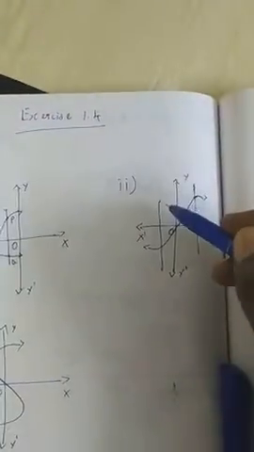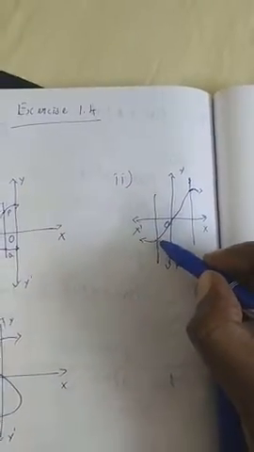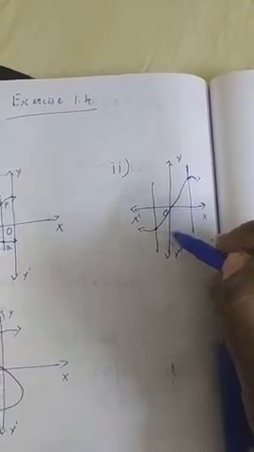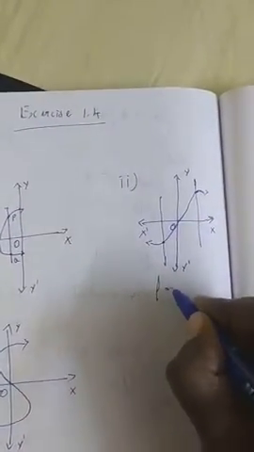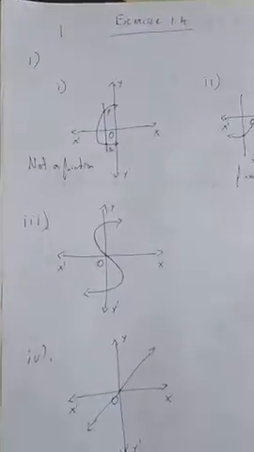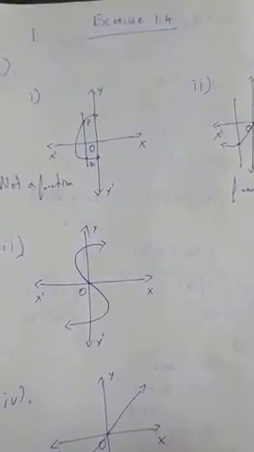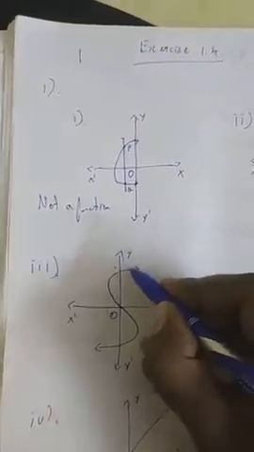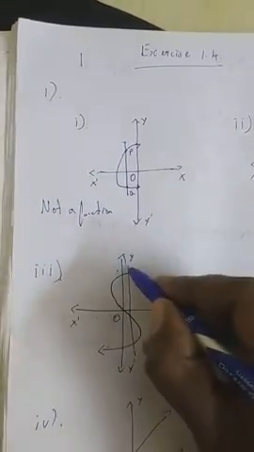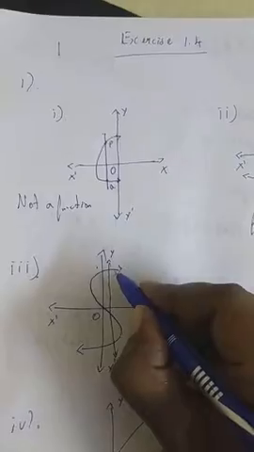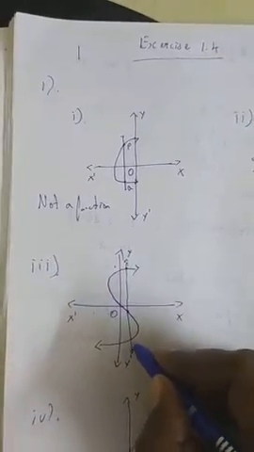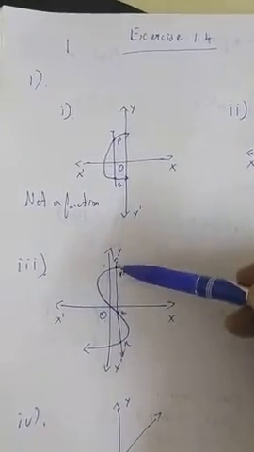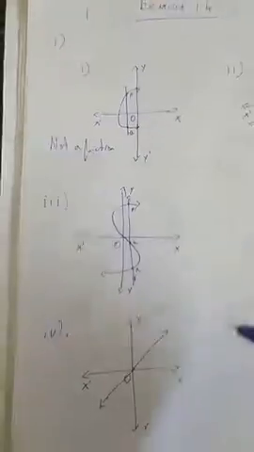Some of them draw on this side. If you check here also, this vertical line intersects this curve at only one point. Therefore it is a function, right? In the same way, here we have a curve. You can draw here also or here also. So I draw the line here. If you look at this line, it intersects at 3 points P, Q, R. It intersects at 3 points, point 1, point 2, point 3. Therefore it is not a function.